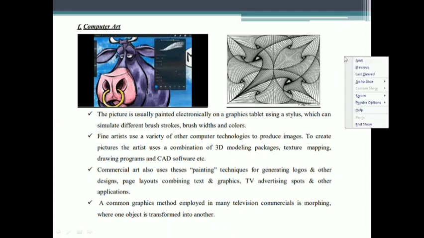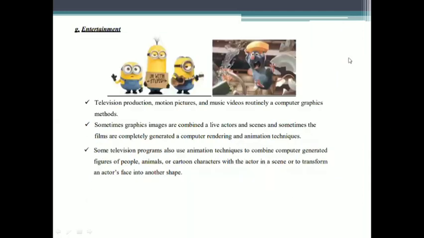Now the next application is entertainment. For entertainment also, just like 3D visualization, now video games are there. Television production, motion pictures, and music videos routinely use computer graphics methods. Sometimes graphics images are combined with live actors and scenes, and sometimes the films are completely generated by computer rendering and animation techniques. Just like video games or TV shows, these are all the work of